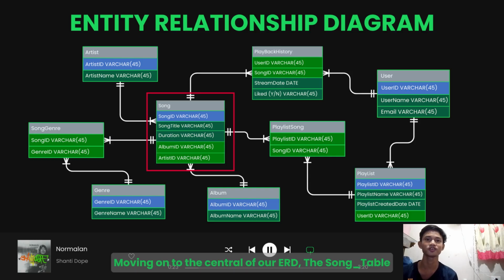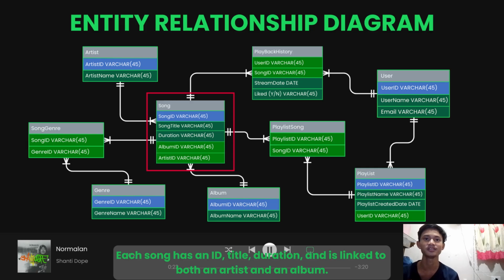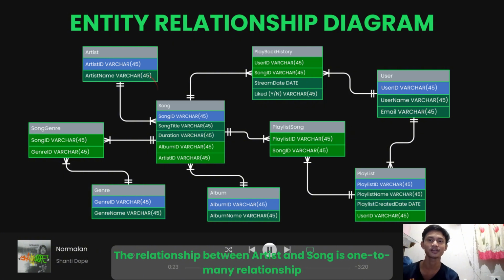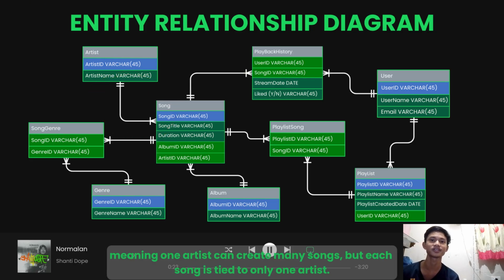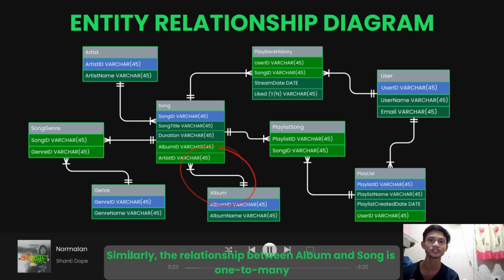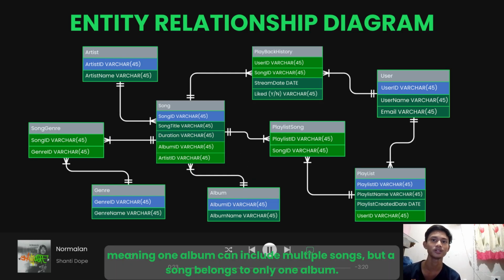Moving on to the center of our ERD, the song table. Each song has an ID, title, duration, and it's linked to both an artist and an album. The relationship between artist and song is a one-to-many relationship, meaning one artist can create many songs, but each song is tied to only one artist. Similarly, the relationship between album and song is one-to-many, meaning one album can include multiple songs but a song belongs